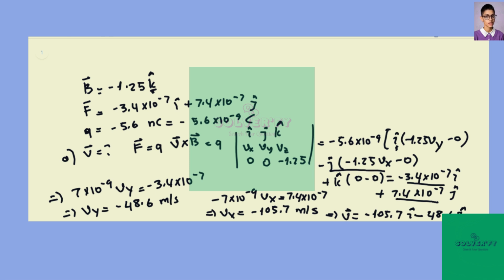Now in part B, let's go to a new page. In part B, we're asked whether or not there's a component of the velocity vector that cannot be determined given the information. As you can see, the components of our velocity vector are along the x and y directions. We don't know any information about v sub z, so we cannot determine v sub z. There's actually no force due to the z component of the velocity vector,